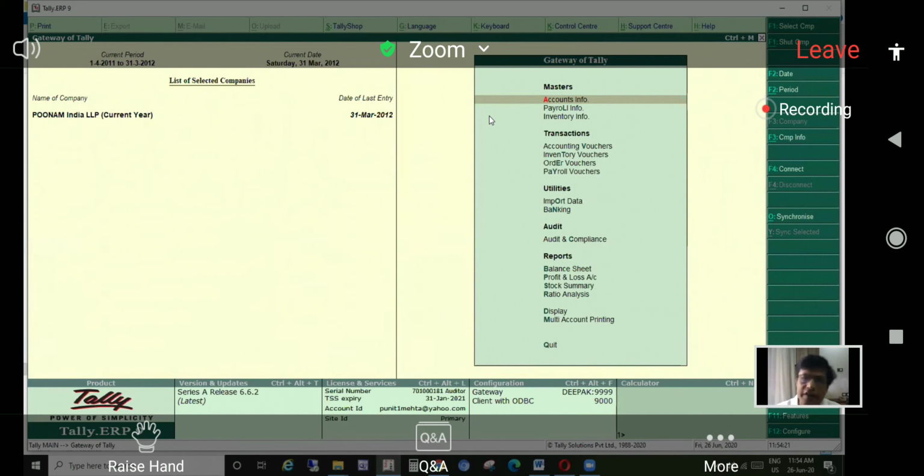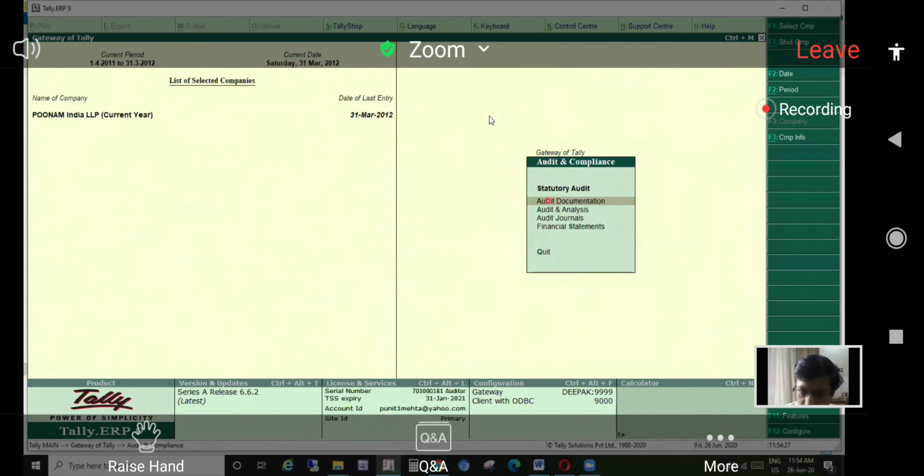So once I have activated my security control, I can go into this menu called audit and compliance. There are quite beautiful things available in this. As you rightly said, documentation is one of the most important aspects of an audit, and in its absence, the auditor may face a lot of risk. It is for our own good that we should have proper documentation, even if the government authorities are not asking for it.